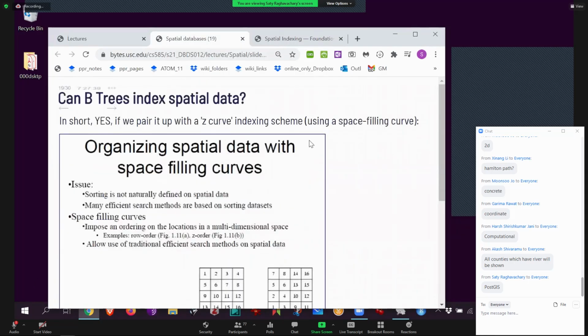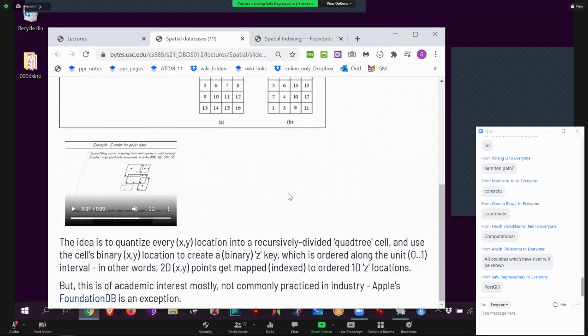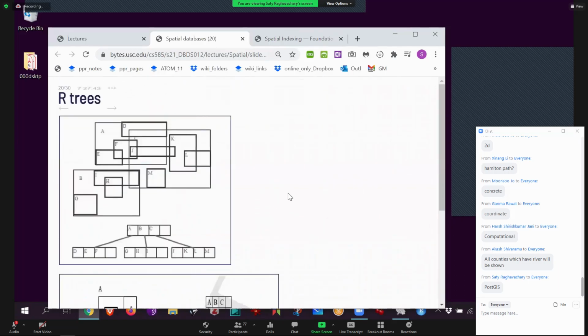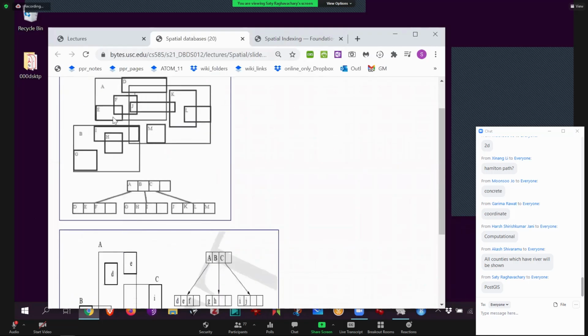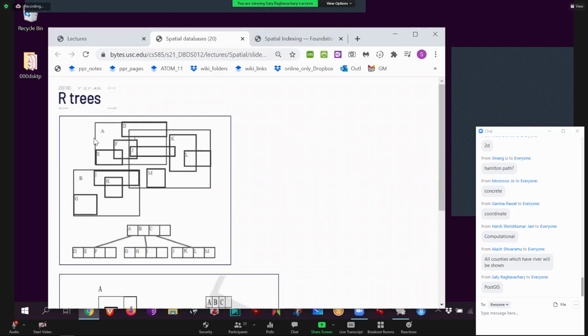Okay, so this is what I just explained to you. Other than that, it is purely of academic interest, meaning, wow, look how cool this is, but nobody does it because there's better things to do. This is the better, easiest thing to do. Imagine that your actual buildings you want to very quickly locate on a map are A, B, C, D, E, F, okay, all these buildings.